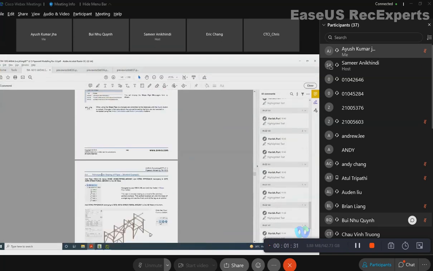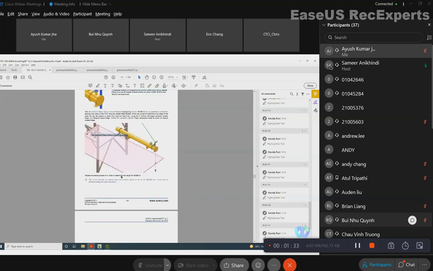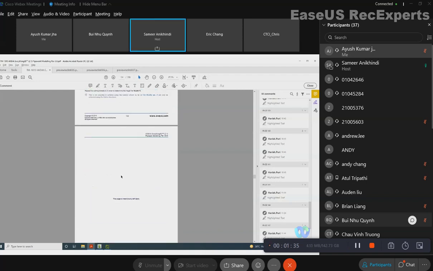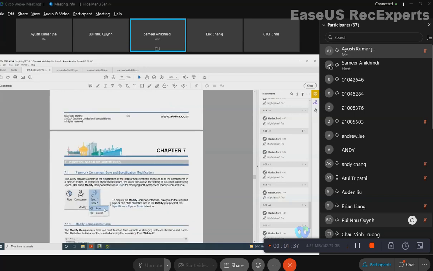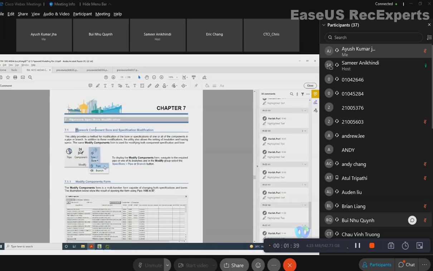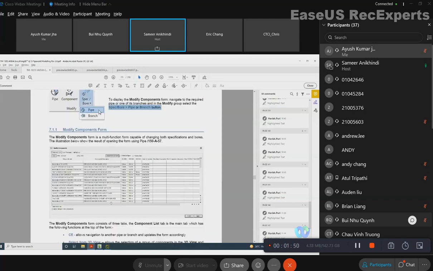Okay, next topic is spec bore modification. Spec bore modification. There's no change from PDMS. The form is exactly similar. For those who are new,